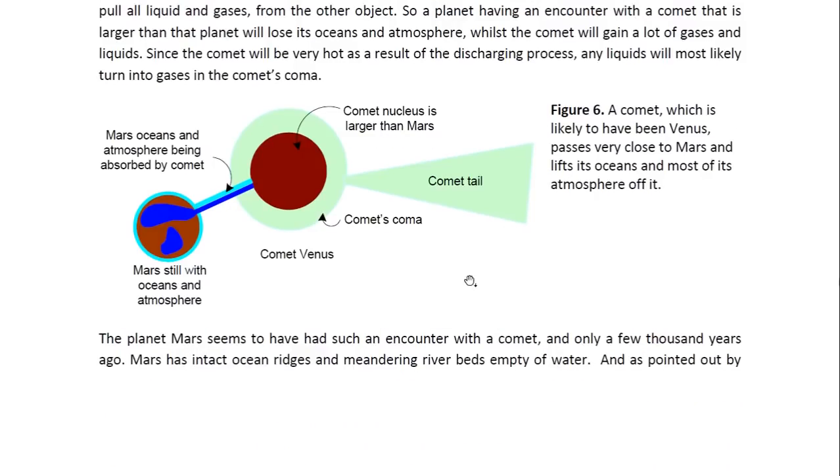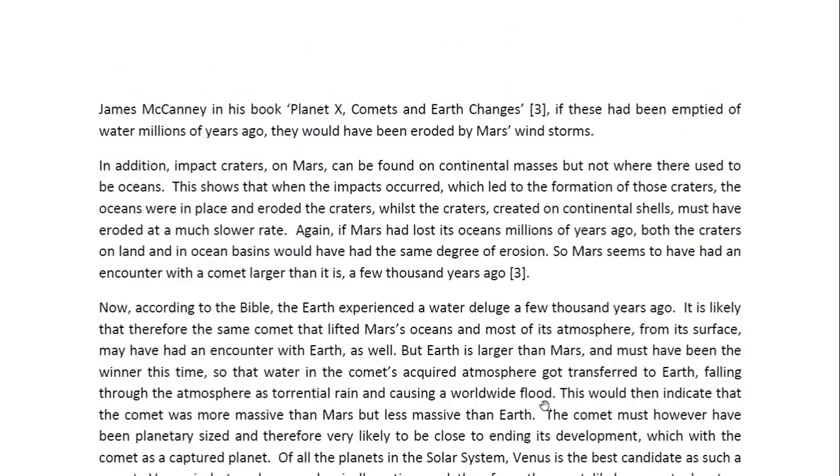these features, the ocean ridges and the riverbeds, haven't eroded away. So this couldn't have happened such a long time ago, because if it had happened millions of years ago, then because Mars has these huge windstorms, they would have eroded away a long time ago. So these were still there not so long ago, for them to still be so clearly discernible on a Mars